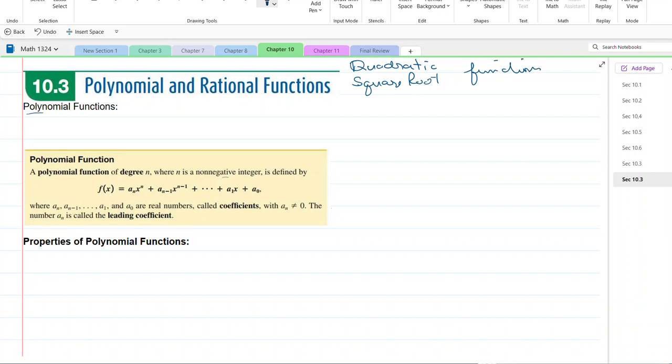And now we're going to do polynomial. Poly meaning many. Nomial means terms, many terms. So a polynomial function is a collection